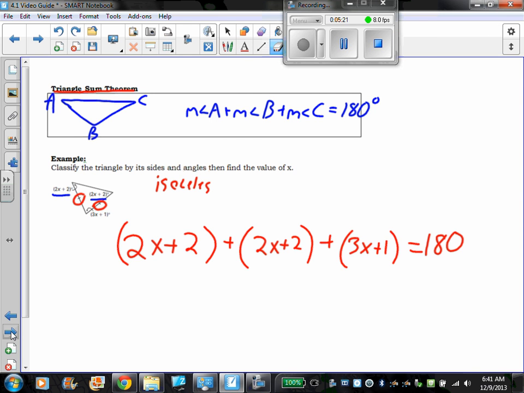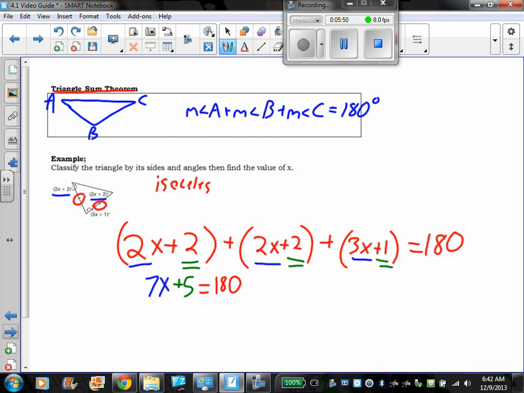It's these angles that we have. What we should do, though, is combine like terms. So this 2x and this 3x will be able to combine, and 2 plus 2 plus 3 gives us 7. So we'll have 7x. And then we should also combine this 2 and this 1, and those combine into 5. So we have 7x plus 5 equals